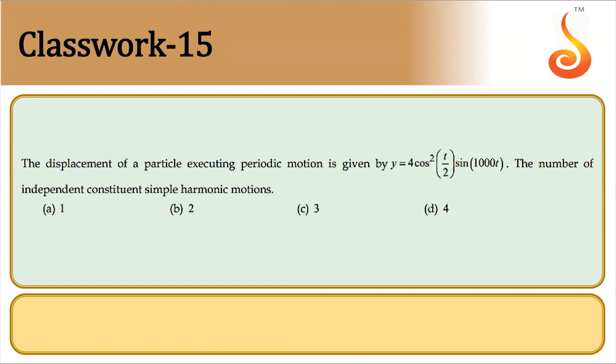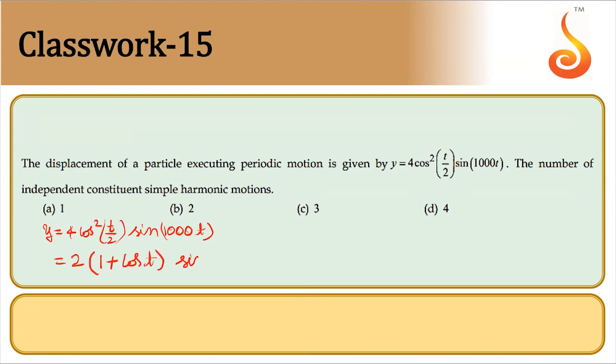So let us take this equation: y equals 4 cos square t by 2 into sin of 1000 t. Now 2 cos square t by 2 can be written as 1 plus cos t. So I can write it as 2 into 1 plus cos t